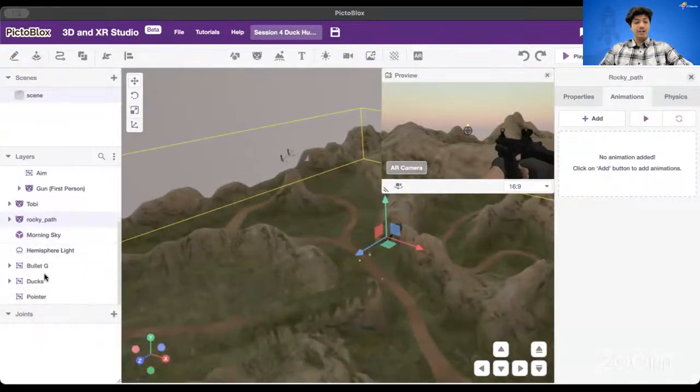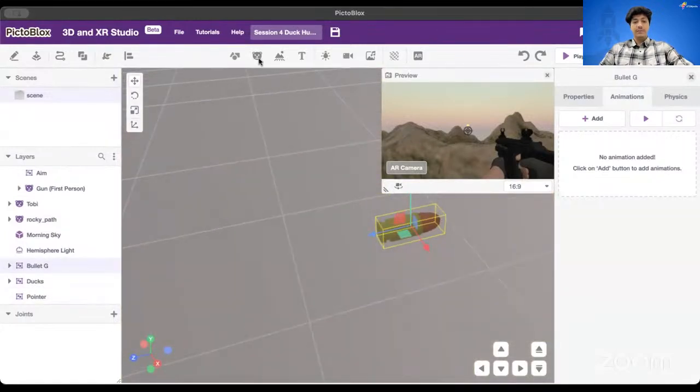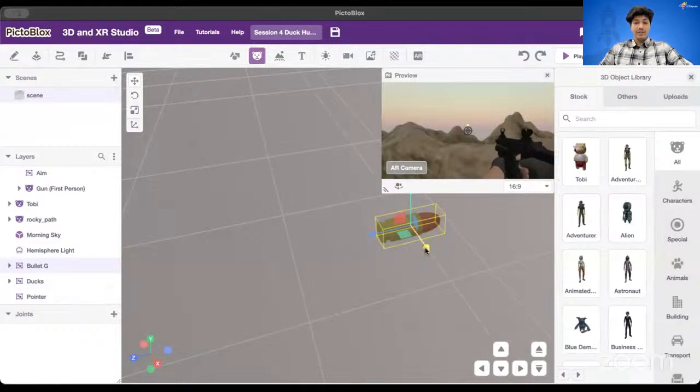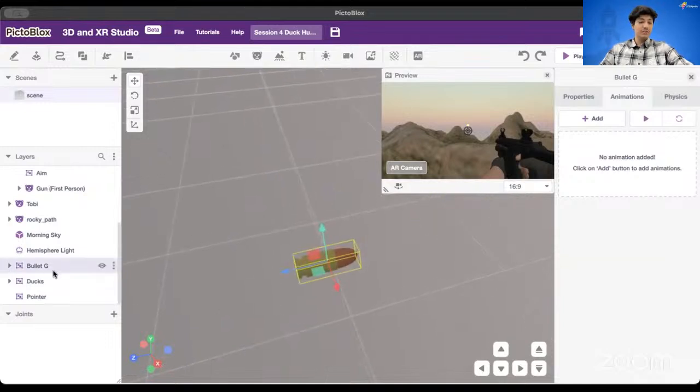But before that, we also added the bullet. The bullet is basically a normal 3D object that we got from the stock library. We created a very unique way and understood how exactly this bullet is going to work. We created a group of this bullet so that once we rotate the bullet, the group is not rotated, but the bullet is rotated. Then if we shoot, the bullet will not be reversed. It will not go like this when we are shooting it; it will go like this. That is why we created a bullet G, which is the group. Same way